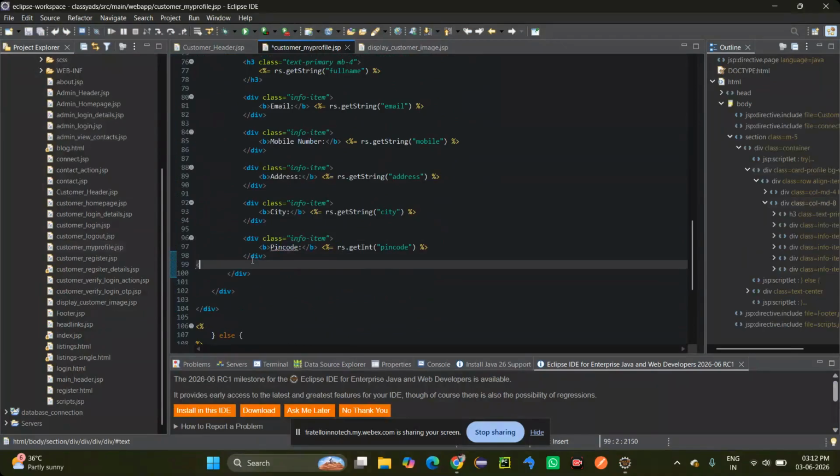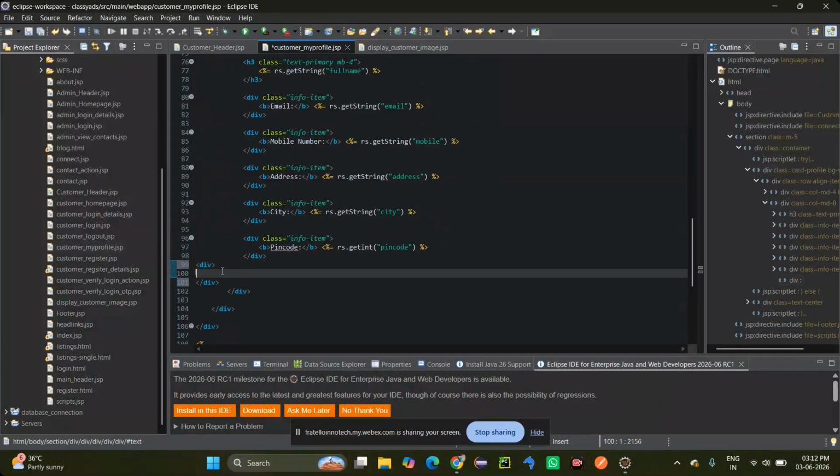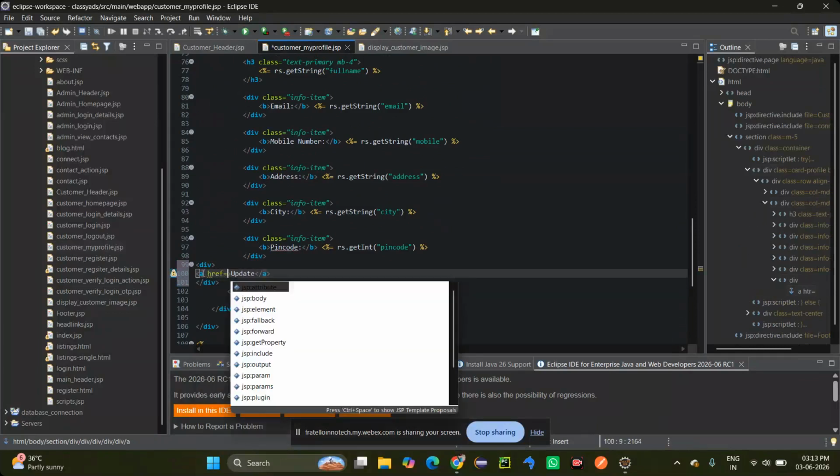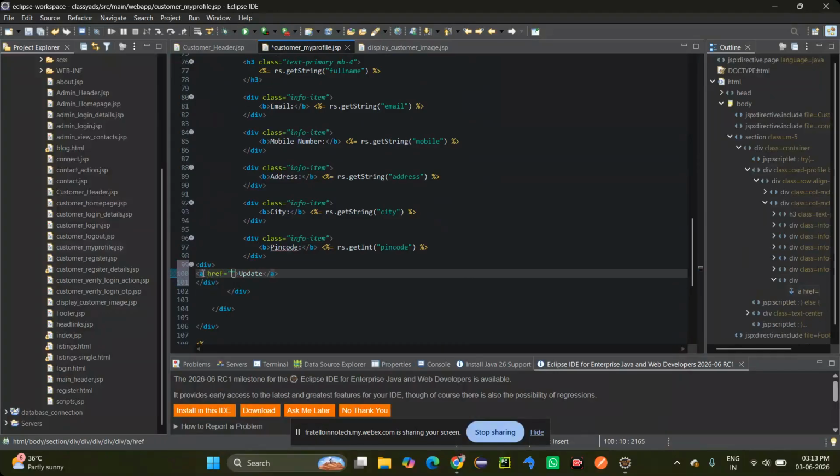here you can give one anchor tag. First of all, you can add a div, and in the div you can give the anchor tag. Here you can give the text update, and give the href with the file name called customer profile update page .jsp